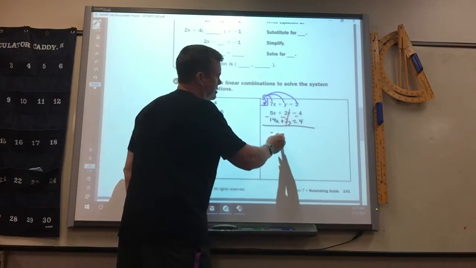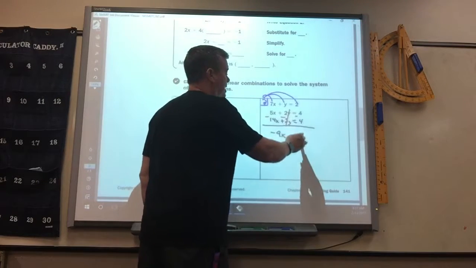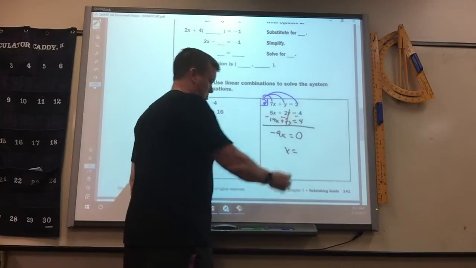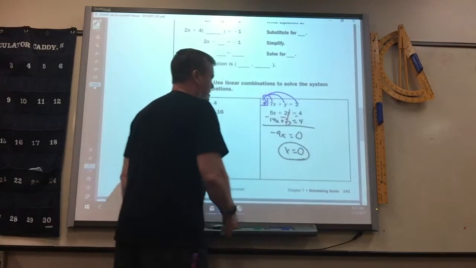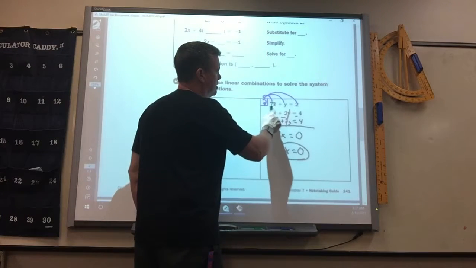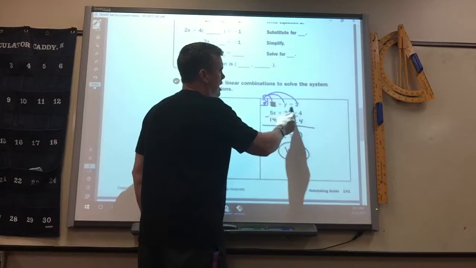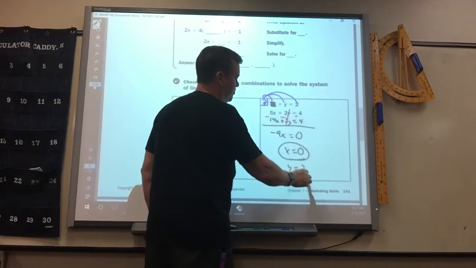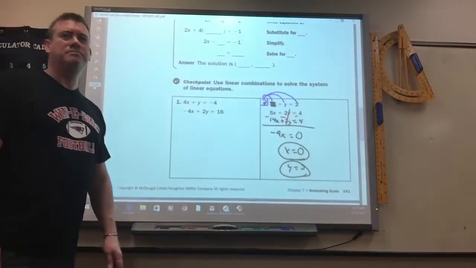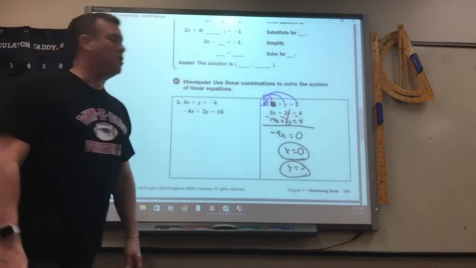5 minus 14 is negative 9x. 4 minus 4 is 0. So x has to be 0. Which makes it easy then. If you plug 0 in here, that turns 0, so y equals 2. So some of them are pretty simple. Okay? So we'll start, we'll do some of them together on your assignment so you get the